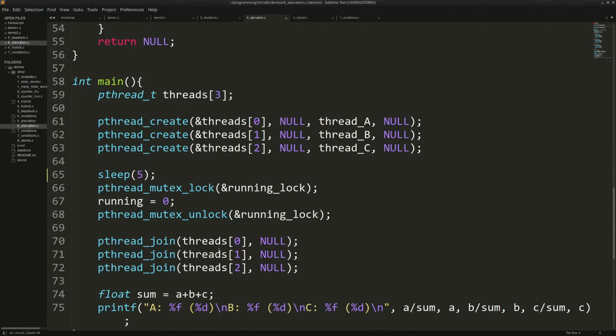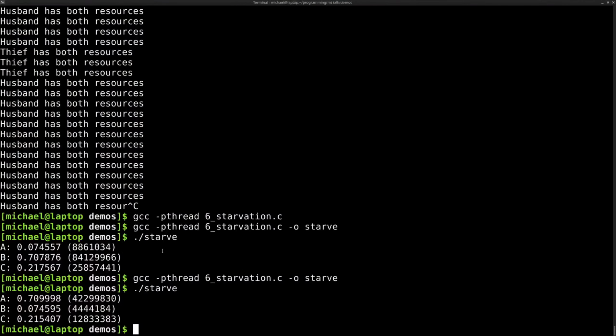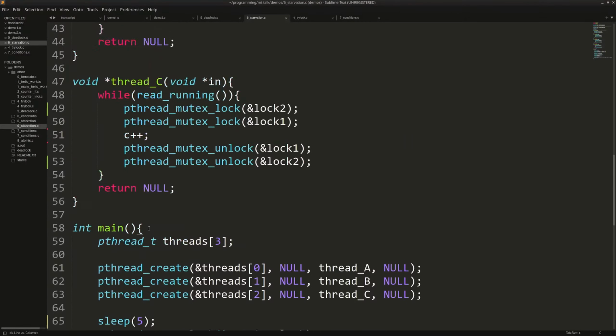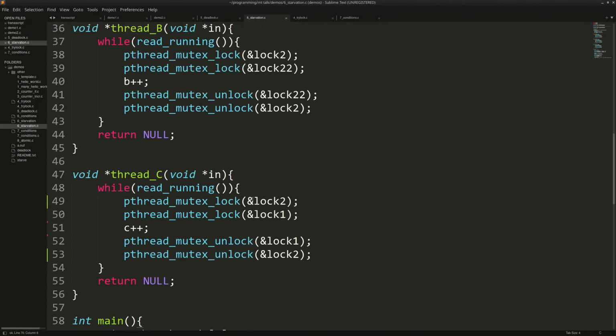So this is not only an example of resource starvation, but it's also an example of something that we call resource contention or lock contention. Lock and resource are used synonymously in most concurrency talks and articles. And so contention means that we have 3 threads all fighting to get a lock, right? They all want to get a lock in, and that's called contention. And lock number 2 in this case is very contended.